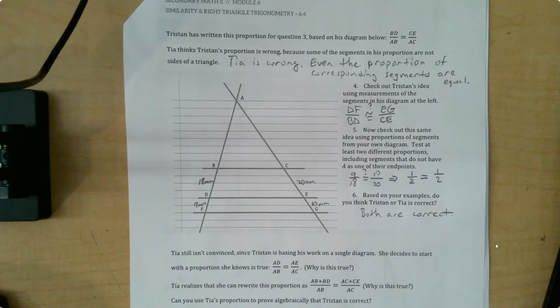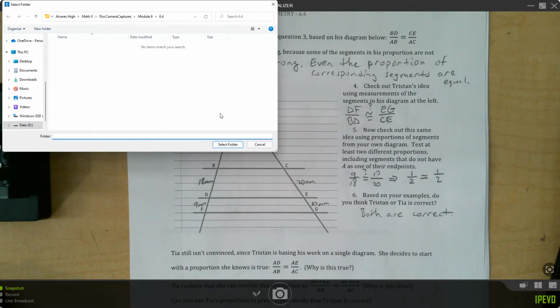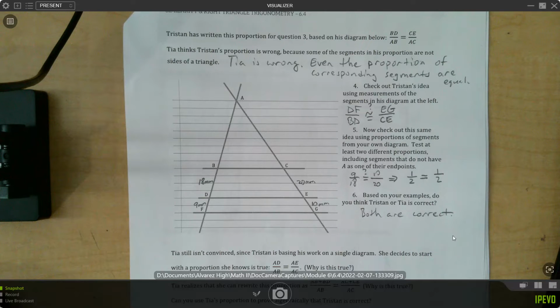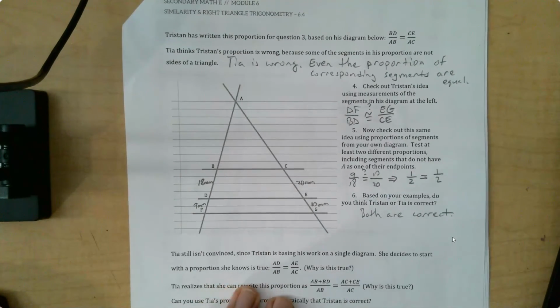Let me get a copy of this. Now, those are the 2 pages of the exploration. We're done with the exploration. I'm going to do some of the ready, set, go problems. Your assignment is to do all of the ones that I don't do. So I'm going to